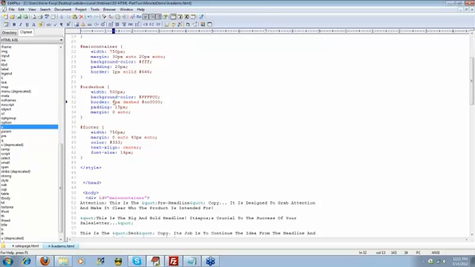We want a border on it, but we want the border different than the main container border. We want the border to be 4 pixels, so thicker. Instead of solid, we want it dashed, kind of looks like a series of hyphens. And then we want the color, in this case, to be a dark red, which is CC and then 4 zeros, kind of this deep red that's used very frequently with many sites. The padding inside of the box now, we want 15 pixels of padding, whereas before we were using 20 for the main container,